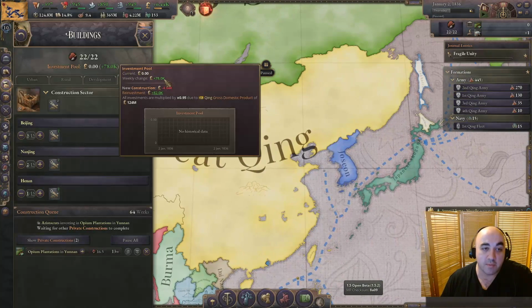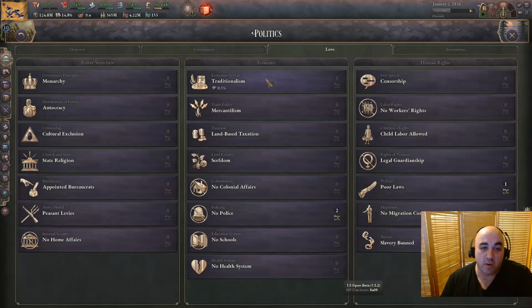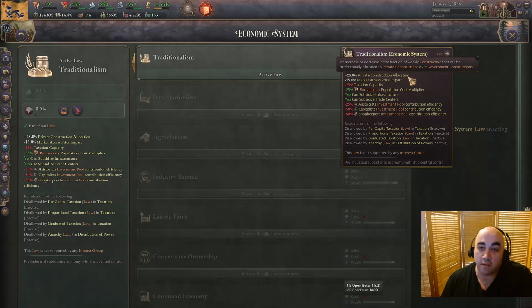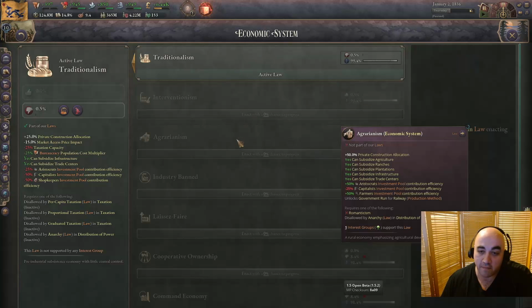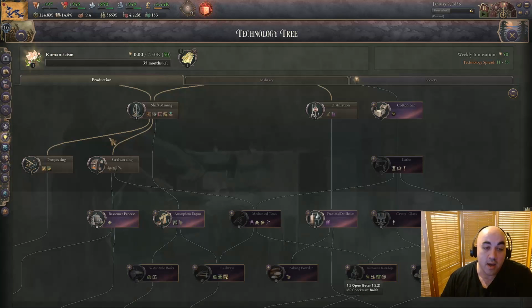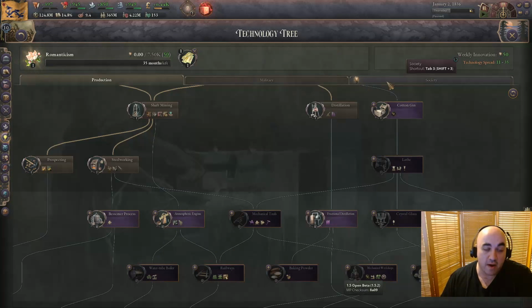because the investment pool weekly change from reinvestment, most of it is subsistence rice paddies, which are modified by the aristocrat contribution efficiency. So agrarianism, in terms of developing an investment pool in the early game, is actually incredibly strong. And once you get on agrarianism, you get rid of this market access price impact negative modifier. It is not present on agrarianism. So I think the opener is going for agrarianism, and so you can kind of handle your MAPI in a somewhat efficient way by going romanticism into stock exchange, and then you'll get on 85 MAPI,